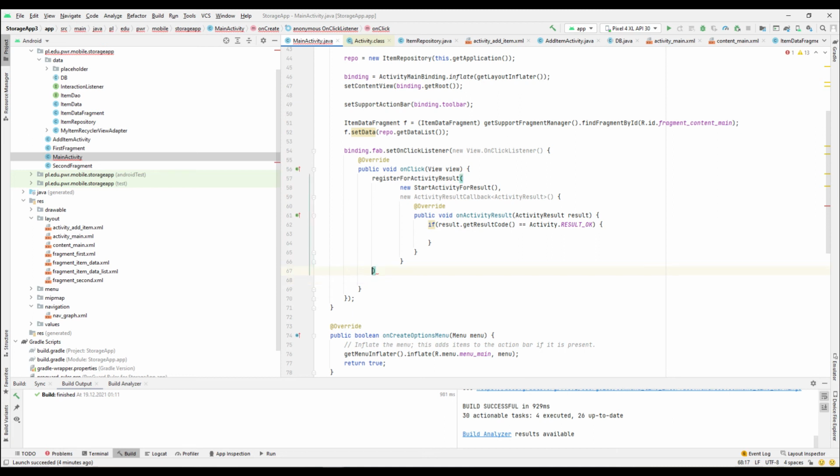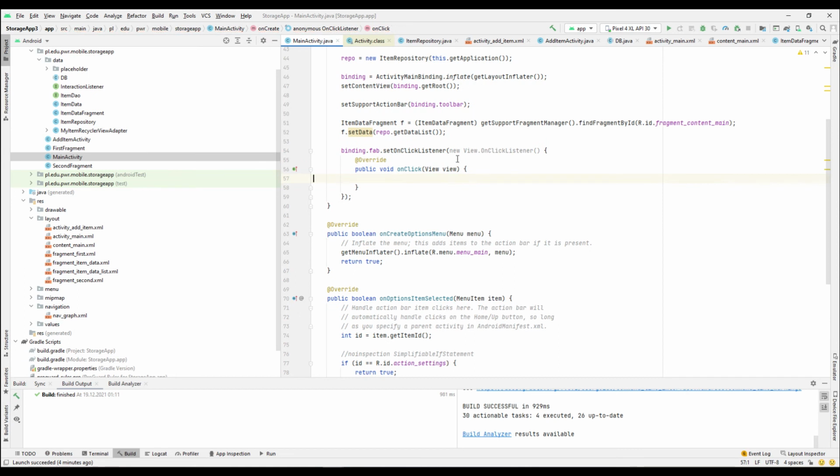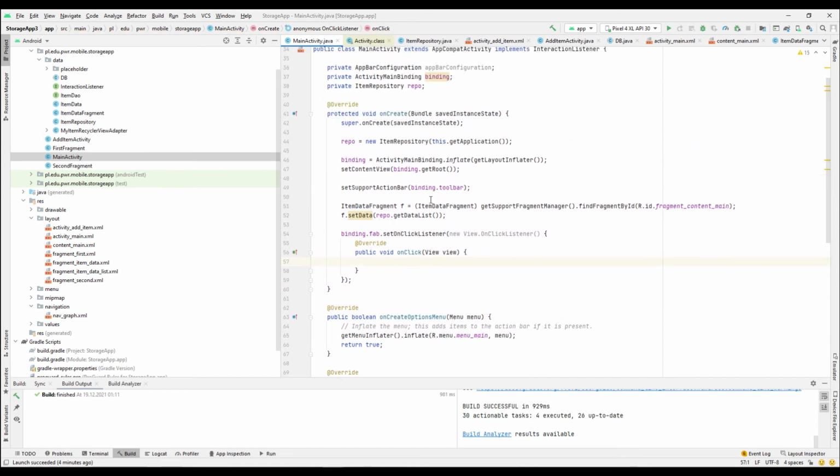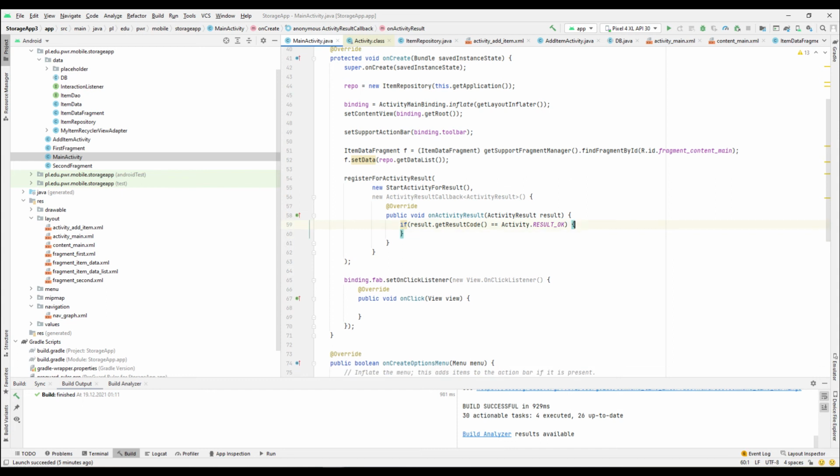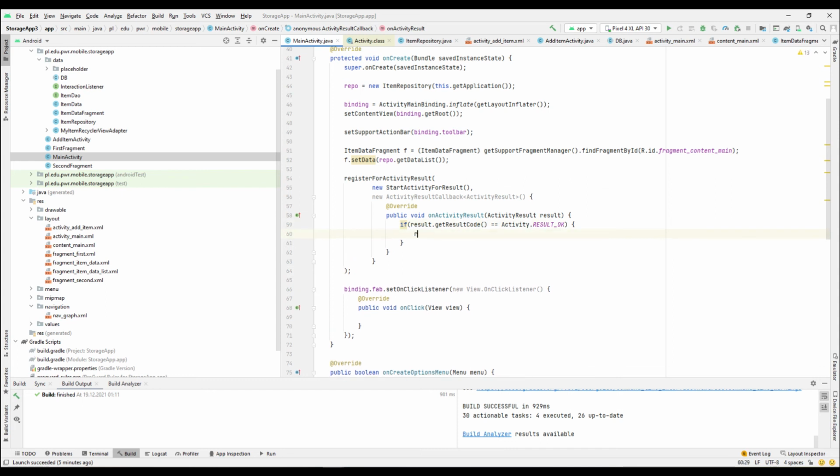And this shouldn't be in on click, this should be in on attach. On create is also okay, and on create is here. So yeah, we create it here, and then on activity result, what we want to do